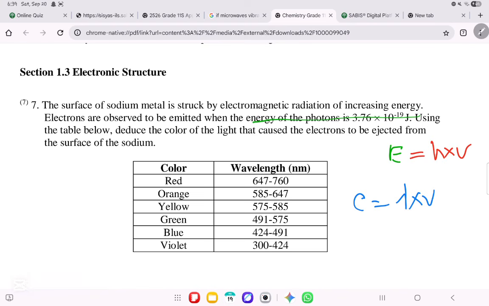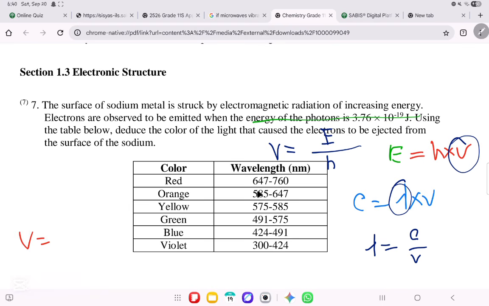Now, they want us to find the value of the wavelength. So wavelength is equal to speed of light over the frequency. And how can we find frequency alone? You will take frequency is equal to the energy divided by Planck's constant. So what do we do now? We will write the equation. We'll substitute the values. V, the frequency, is equal to the energy 3.76 times 10 to the power of minus 19 divided by what? Divided by Planck's constant, which was